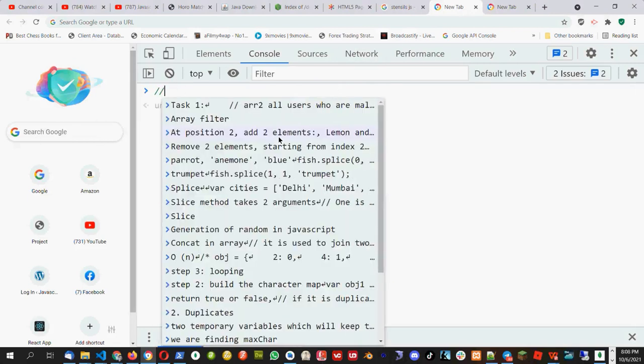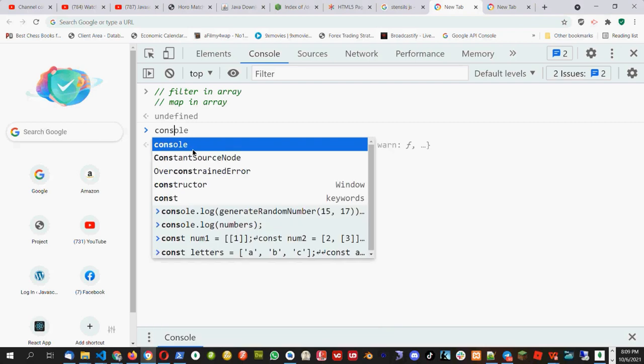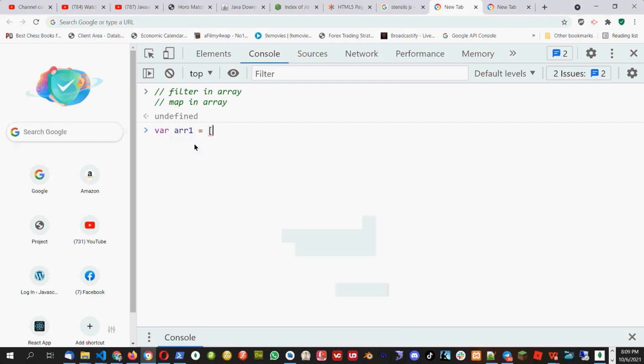today. So yesterday we did filter in array. Now today we will do map in array, or you can call it map in array. So this part we will do today. Now consider one array, var array1 equal to, for example, 1, 4, 9 and 16. So just assume any array with different elements,